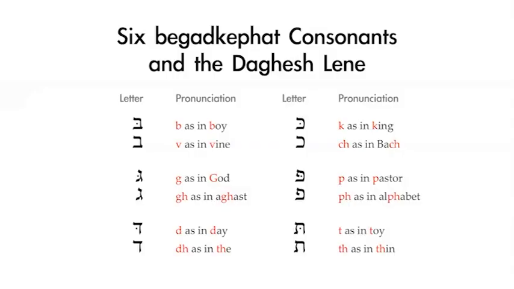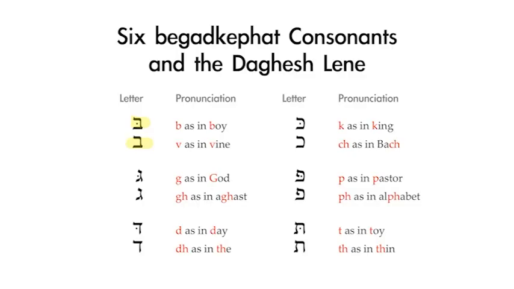You'll see 6 sets of examples. In each set, there are 2 letters. The first letter is written with a dot, the second letter written without a dot. The dot that appears in a Begad Kafat consonant to distinguish its pronunciation is called the Dagesh Lene. The Dagesh Lene appears in a Begad Kafat consonant when it's indicating the hard pronunciation. Now by hard I mean that there's a full stop of air rather than air passing through the mouth to